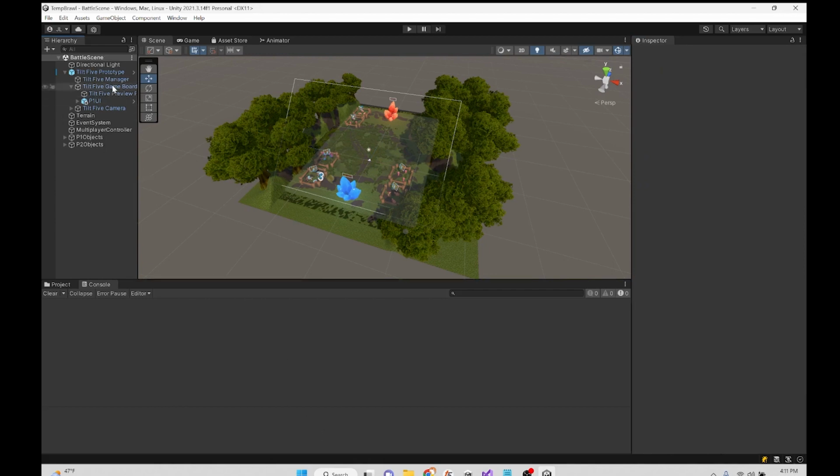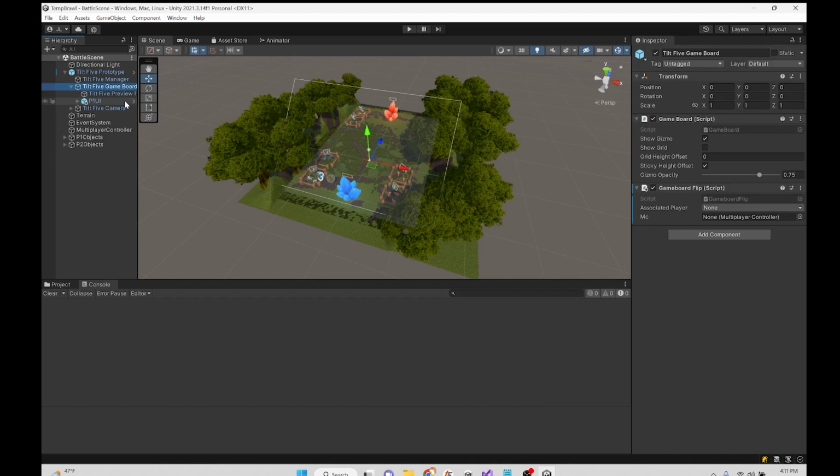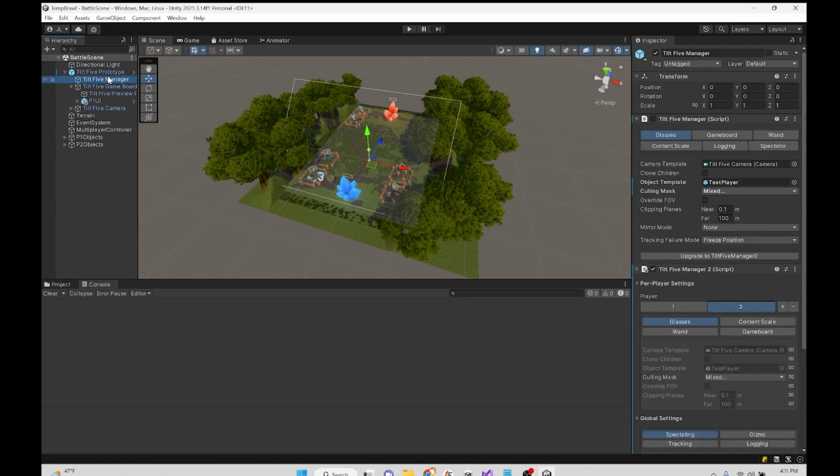Now, the next important term that I want to cover is something called a spectator player. Now, with the 1.3 SDK, Tilt 5 Manager 2 and all that, we've introduced something we refer to as spectator mode. What spectator mode is in essence, other glasses in the scene that do not have any control interaction as of yet. Because setting up controls takes more time and that's a little bit more involved and something we covered in another video,